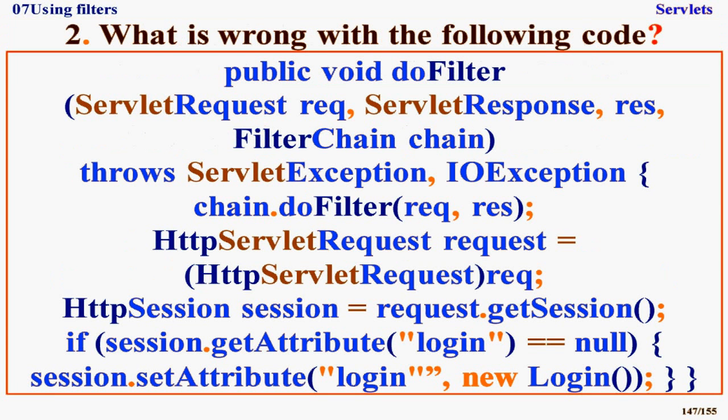2. What is wrong with the following code? public void doFilter(ServletRequest req, ServletResponse res, FilterChain chain) throws ServletException, IOException { chain.doFilter(req, res); HttpServletRequest request = (HttpServletRequest) req; HttpSession session = request.getSession(); if (session.getAttribute("login") == null) session.setAttribute("login", new Login()); }